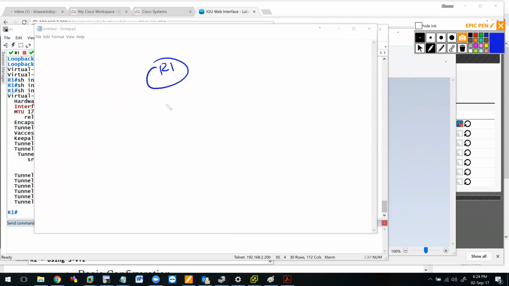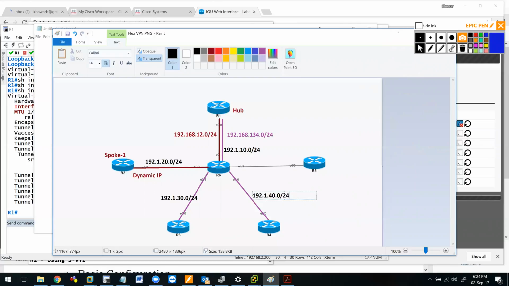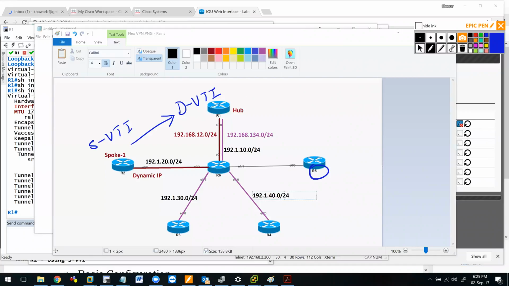If you want, let's do that over here. Let's do one that is static. So I did one that was what? Dynamic. This guy over here was what? This was DVTI, Dynamic Virtual Tunnel Interface on this side. He created an SVTI because it was pointing to a static IP. Let's say R5 is there, and I want to do a normal site to site,